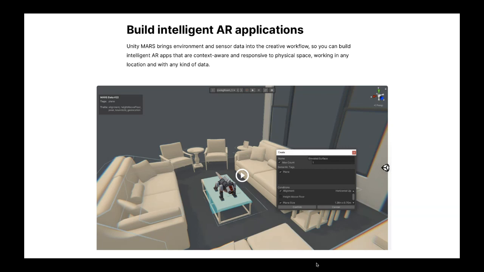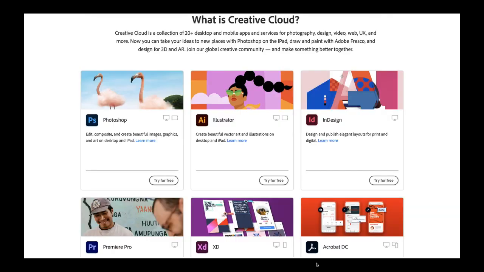It's really great because you have things like the simulated living room where you can test out your experiences before you test them out in your real living room. You can collect that data and use that to build around. There's just so many cool, useful things that you can do with Unity Mars. I'm not a user of it, but based on what I've seen and learned about it, I would recommend it. So there's that one as well.